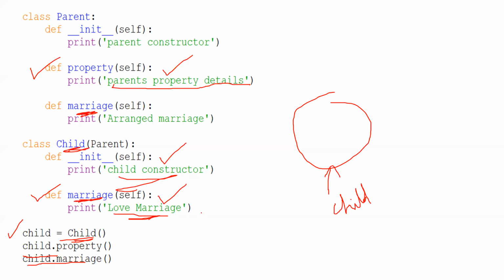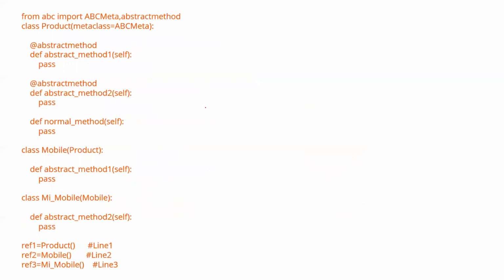Okay, now let's look at the next example. This is related to abstract classes and abstract methods. The rule is that whatever abstract methods are present in a class, its subclass needs to provide the body for them. Now observe, this is the class Product. It is having two abstract methods and one concrete method. Okay, this is a class Mobile, a subclass, right? It should provide the body for these two methods, but it is providing only for one method. Now Mobile, it is providing for the second method.